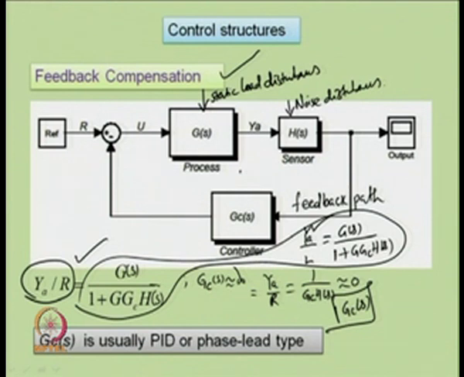Now, what type of controllers are often used in the feedback compensation scheme? G c s, the controller, is found to be of PID type or some phase lead type. It is often found to be of phase lead type. What are those PID type or phase lead type of controllers? We can find their transfer function forms. A PID controller can be shown in the transfer function form as Kp (1 plus 1 upon Ti s plus Td s),